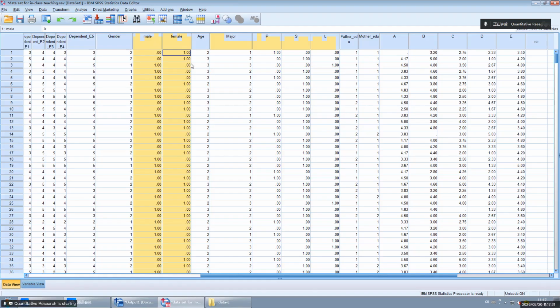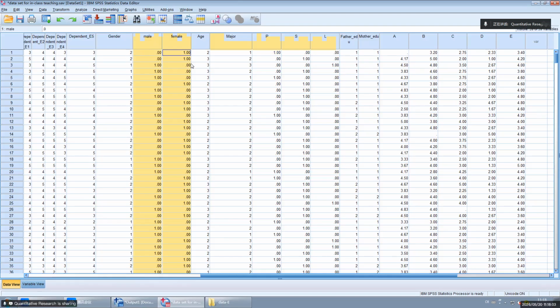Okay. Again, for example, for major, we have 3 dummy variables, right? Now, how to choose one of them as the reference group? Physics, social science, life science.